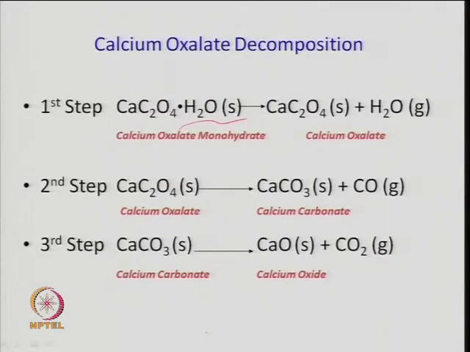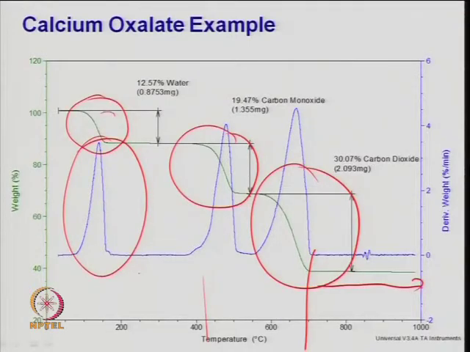and that can be related with the decrease in mass of this calcium oxalate, right, because ultimately the sample has now calcium carbonate. The kinetics of this reaction can be obtained. And third one, then further, at about 580 590 degree centigrade, calcium carbonate decomposes and you get calcium oxide plus carbon dioxide. So, you will get carbon dioxide gas through the detector and you can measure that concentration, right. So, here the weight loss is related to the mass of the gaseous product, because it is a material balance, right.